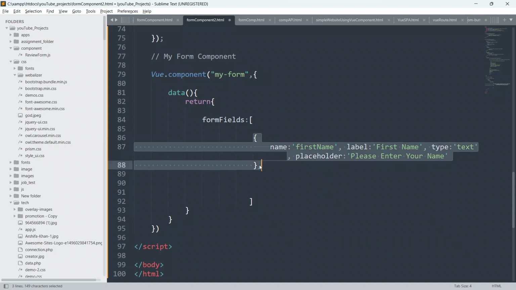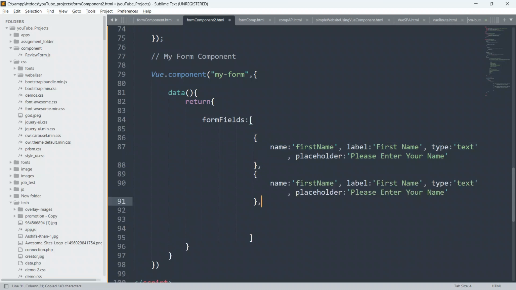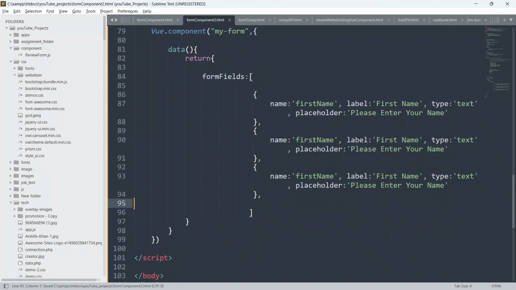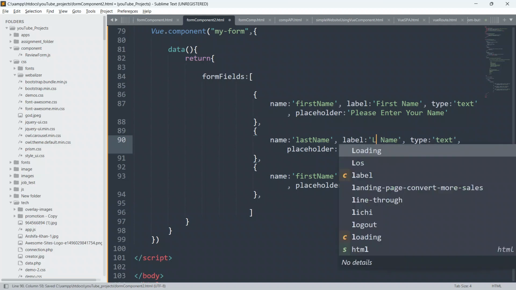Okay, just to save our time, just copy this and paste it 2 times. Okay, paste it 2 times, and yeah, so now we will just give here last name. Just make this also last name.